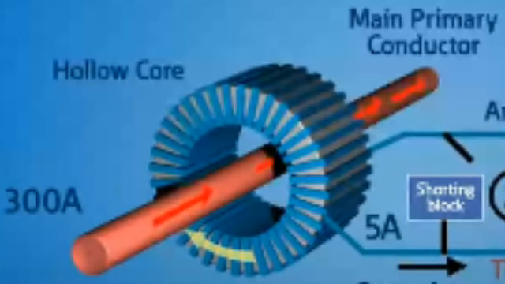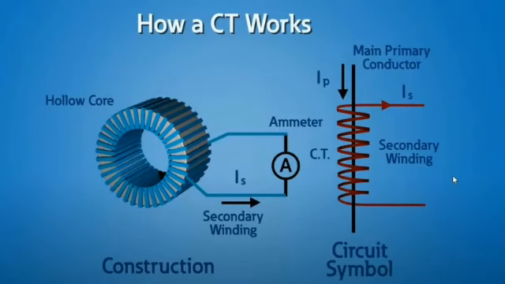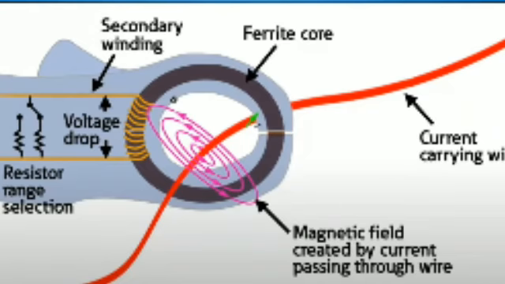If you see the ratio between the input current I1 to I2, that will be equal to N2 by N1. I1 by I2 is equal to N2 by N1. This is the current and number of turns relationship for the current transformer. Hence, if the current ratio of the current transformer is known and the meter reading is known, the actual high current value